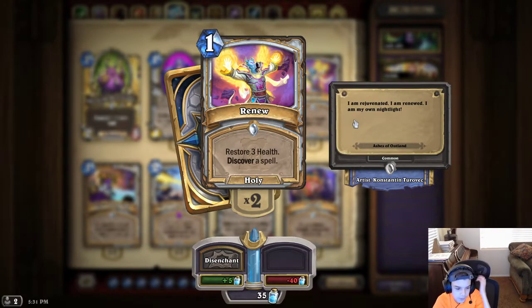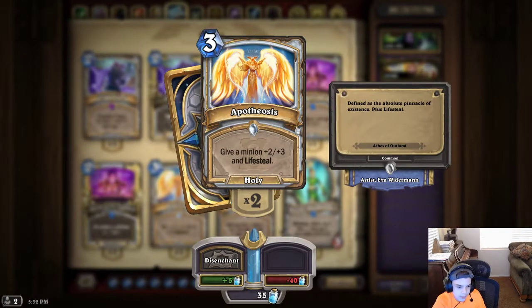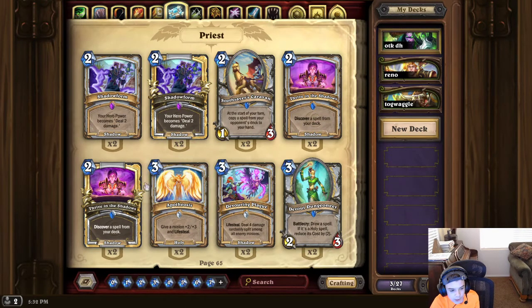Chaining Renews and stuff, getting infinite healing for 1 or 0 mana with Palm Reading is just stupid. I don't know. Yeah, Apotheosis is a card a lot of people are talking about to get nerfed. It's a strong card, but I'm fine with it. It's just a strong healing card, and it's kind of annoying that you have to kill every Priest threat, every minion they play, just because of this card. It's really annoying with Blademaster Samurai as well, but yeah,